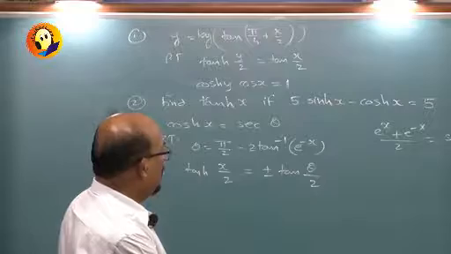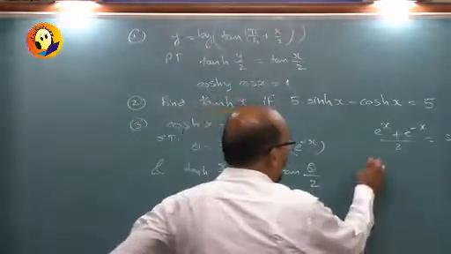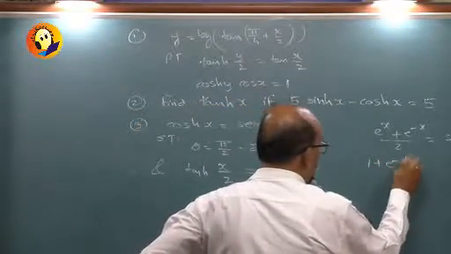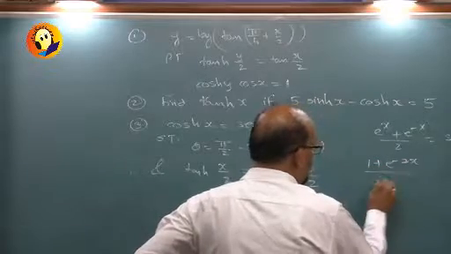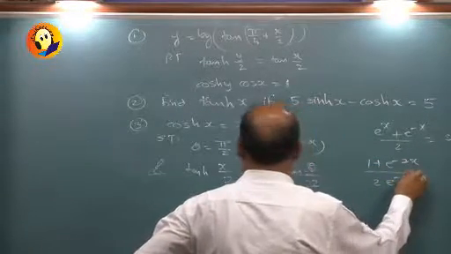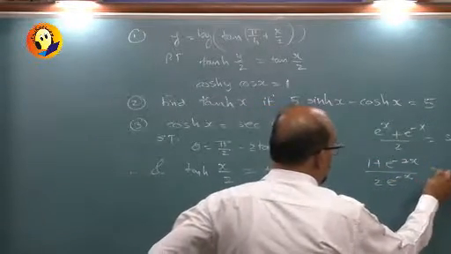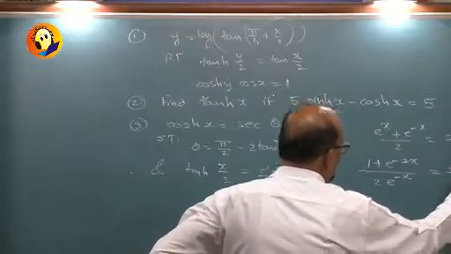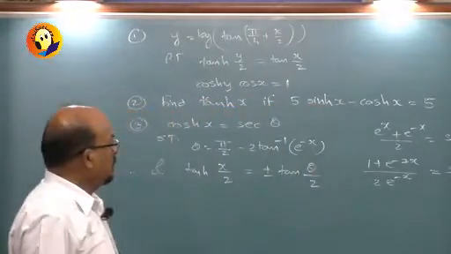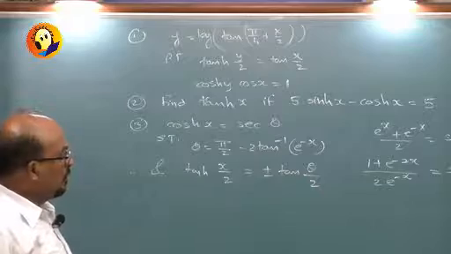That could be risky, but 1 plus e raised to minus 2x upon 2 e raised to minus x equal to sec theta. Then solve it as a quadratic,